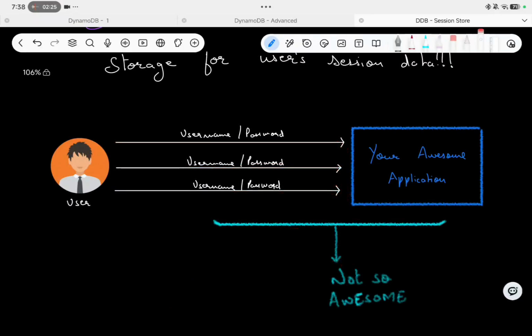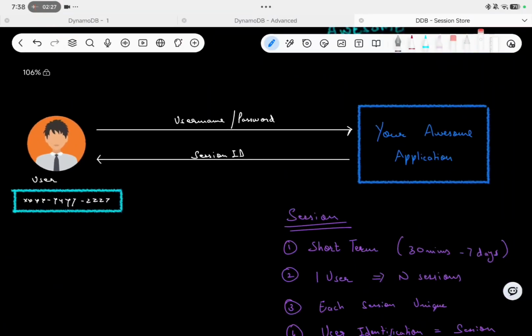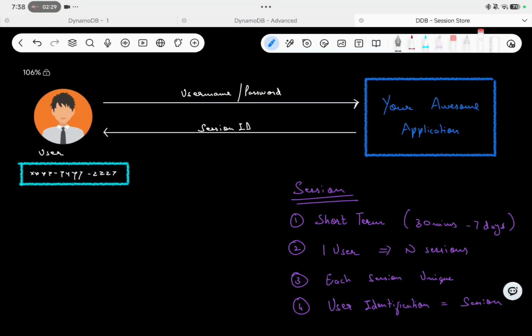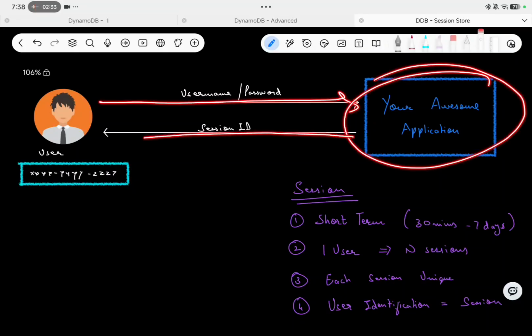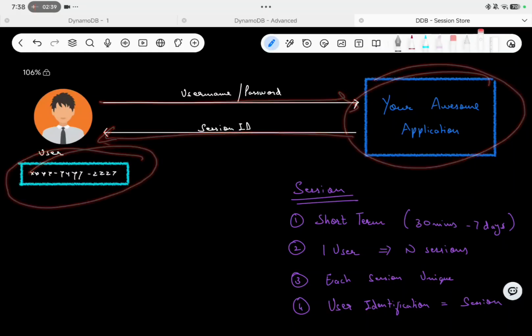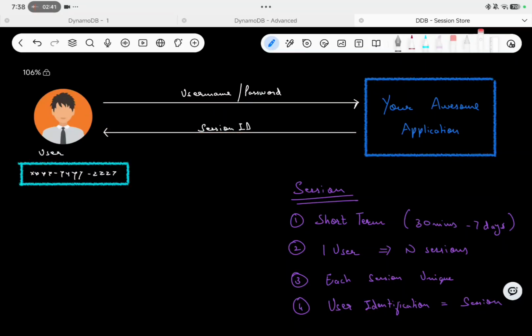So what can we do? When the user comes into our application for the first time, we are going to return the user a session ID, and with that the user can store the session ID, and through that we will identify the user. Okay, but what is a session? A session is just a working segment of